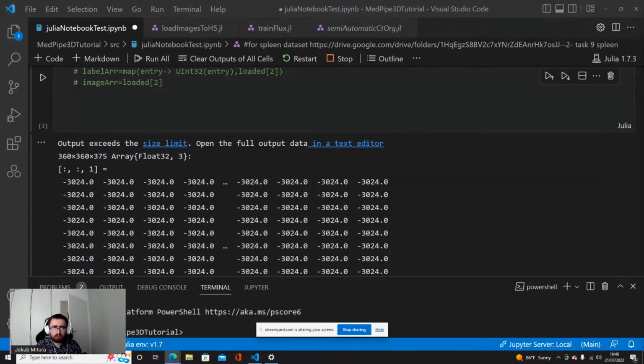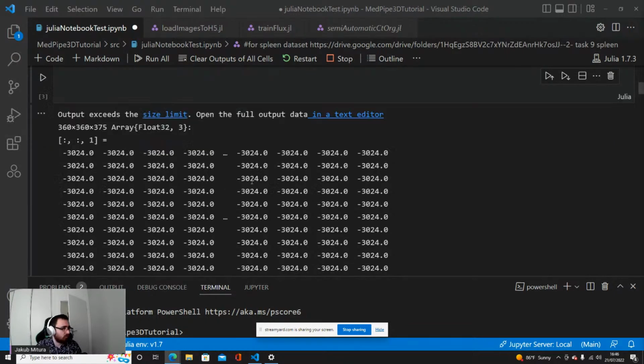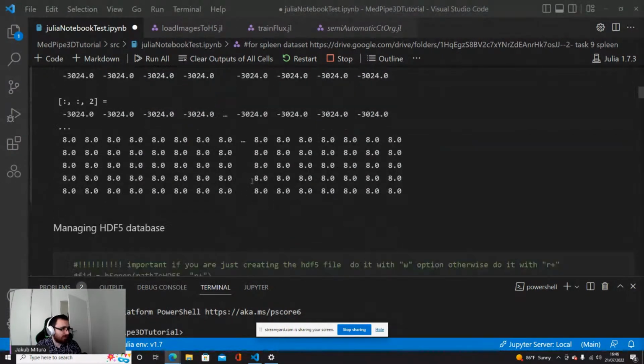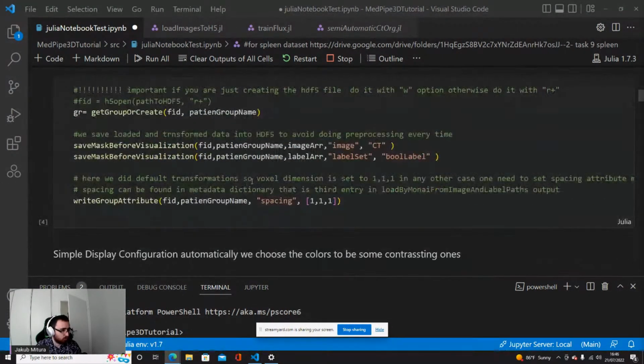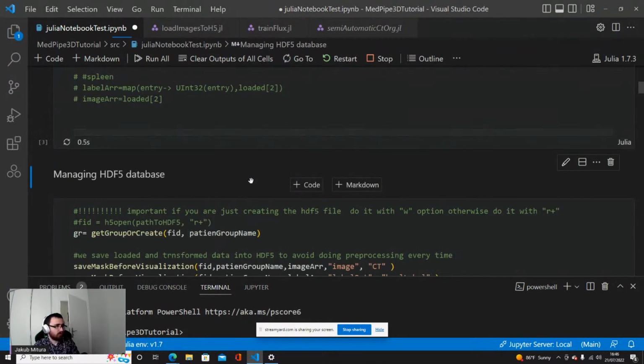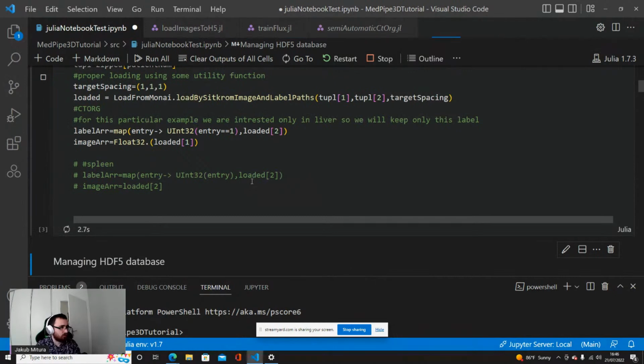Okay, there's some new question. What does changing the spacing mean in this context? Oh, okay, very good question. We will see it in a moment, soon at least in the practice. I will make some visualization. Okay, so I did not execute this yet, so it should execute relatively fast.